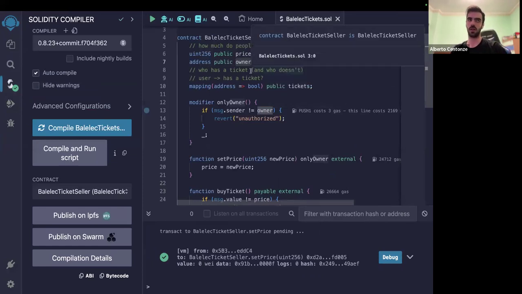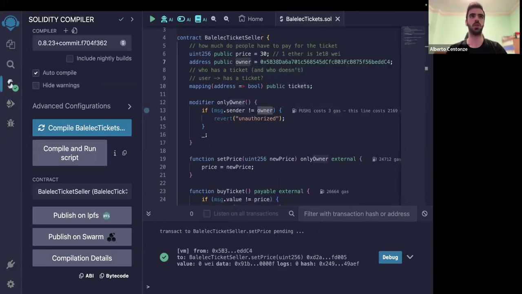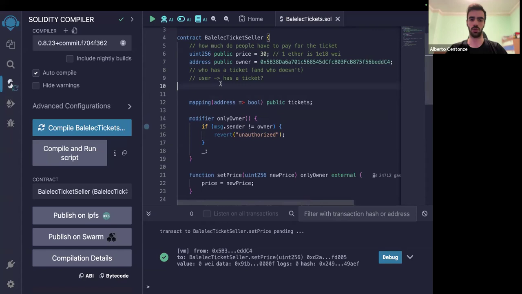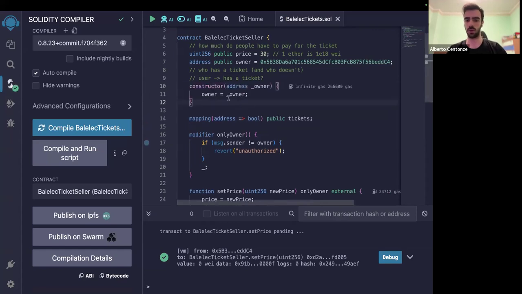We can make this more scalable. For example, we can use a constructor. If you're familiar with this, it's basically the same thing as you would do in Java. So every time you deploy a contract, you get the constructor. I'm just gonna copy paste this for speed.